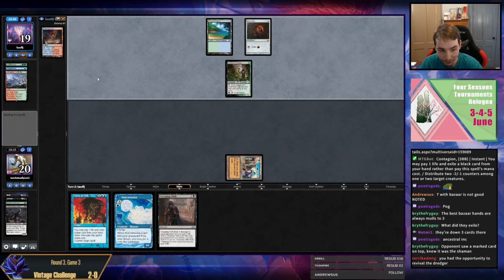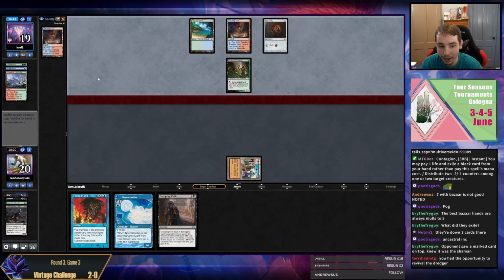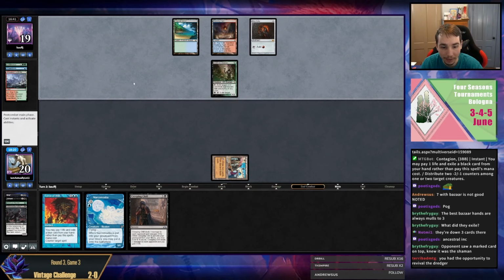I did have the opportunity to revival the Dredger. I didn't think that was a good choice. I thought it was more likely my opponent had a Wasteland in hand than for revivaling the Dredger to matter. I don't know. I mean, I think I made the right play. I think it didn't work out, but